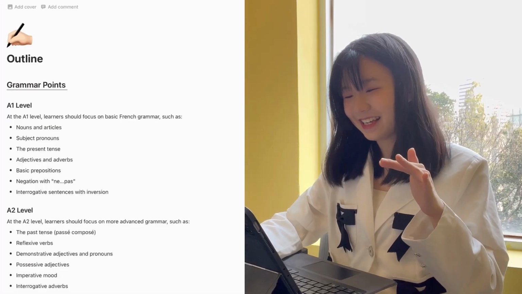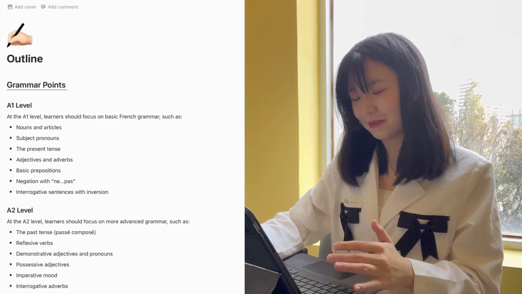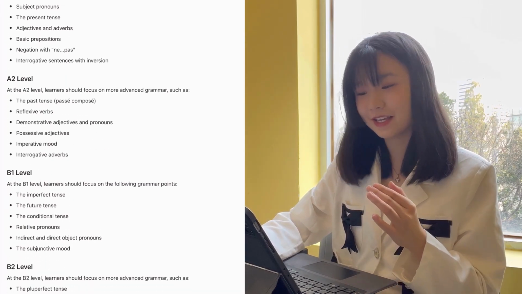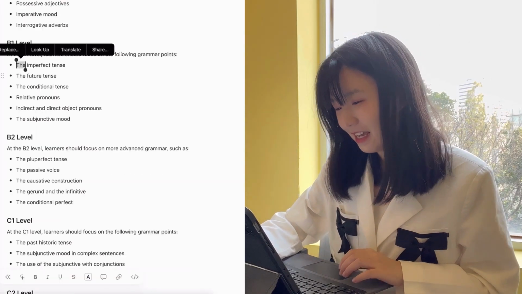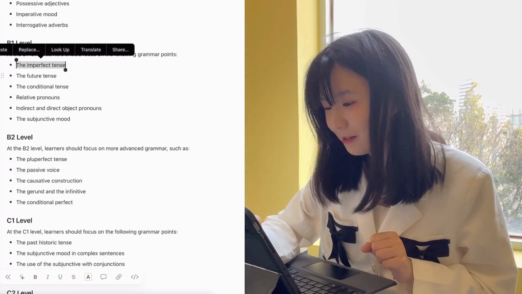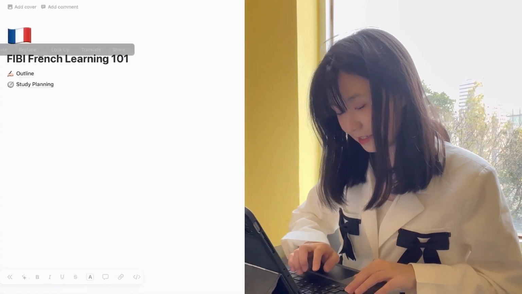And now let's do something more exciting. I'm going to create a personalized trial chapter for you for learning 1 grammar point and 1 vocabulary point. Because currently I'm learning A2 level grammar, so I'm going to pick a grammar topic in B1 level that I'm not that familiar with. Well, I'm going to pick the imperfect tense.